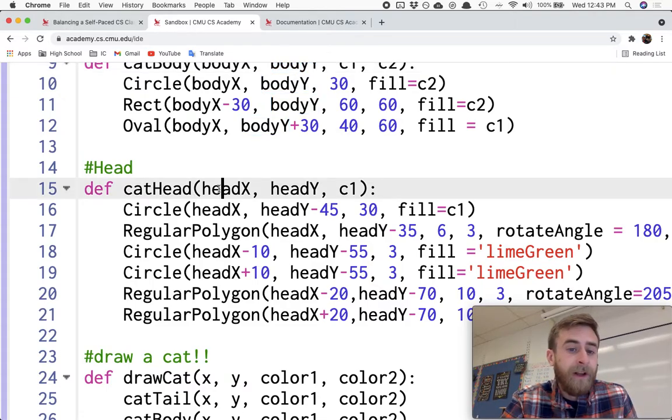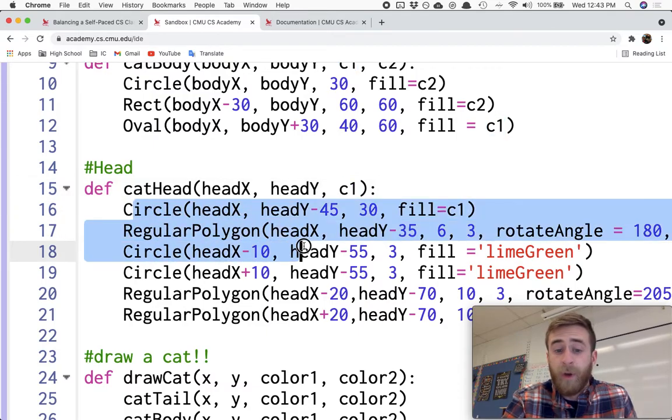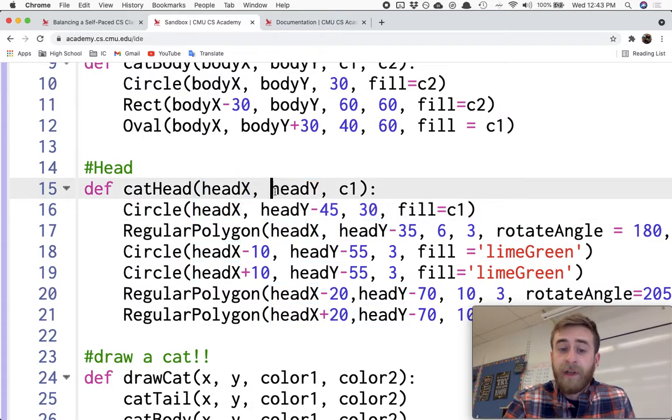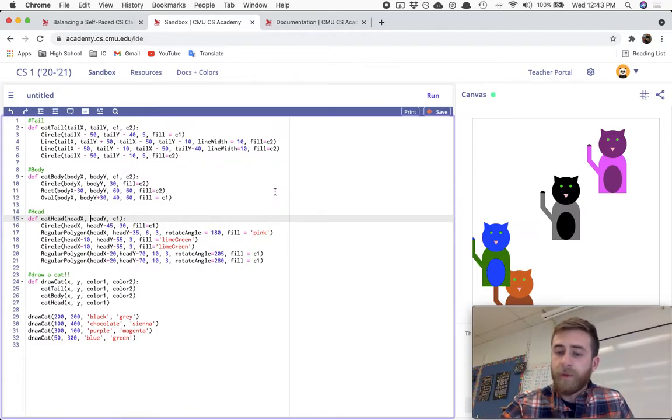No big deal. You're going to send me an X and a Y. I only need 1 color because cat heads only have 1 color, at least the cat we're drawing. And I'll draw the head for you. I'll do all the work to draw that head relative to the kind of central XY point that I gave you. Notice one thing that I do want to point out here